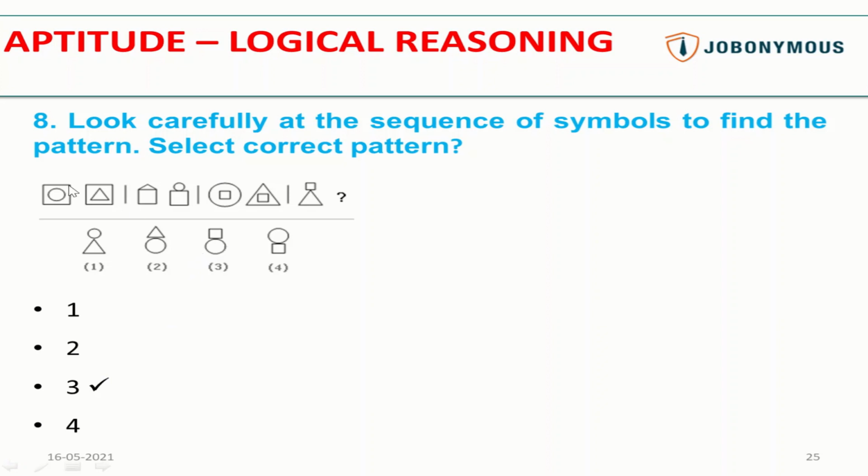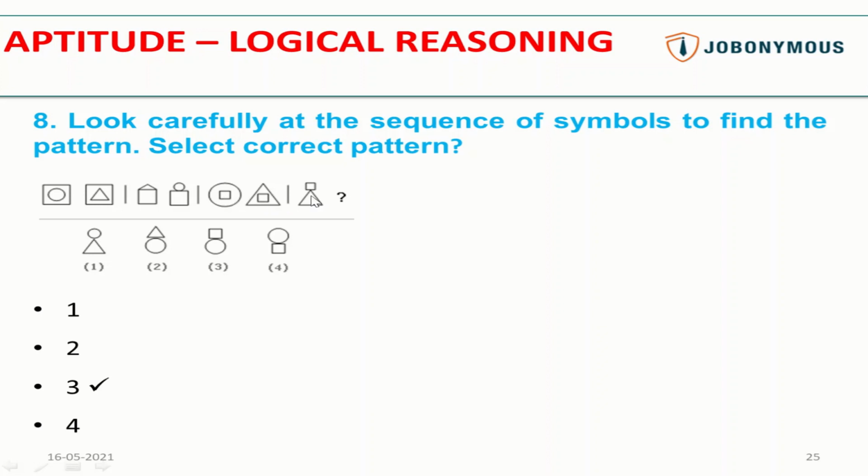So here you can easily find this. So you can look at this pattern. There is a square, and beneath that there is a circle, then square and triangle, and then these two figures are there. So you can see that here this figure is converted to this one, where the square is outside and the circle is on top, and this is converted to this one where square is outside and triangle on top. So similarly these two will also follow the same thing.